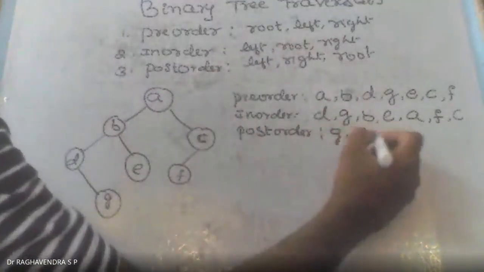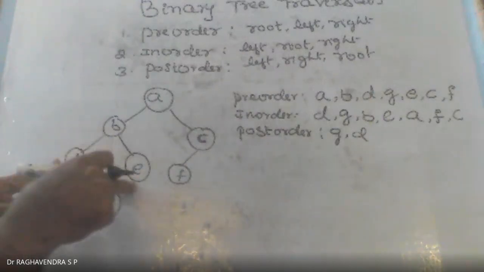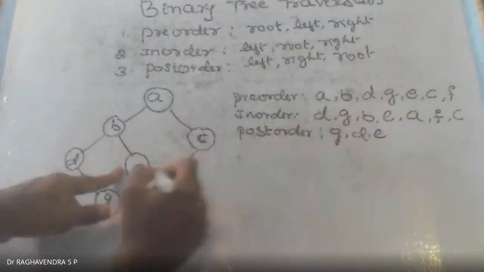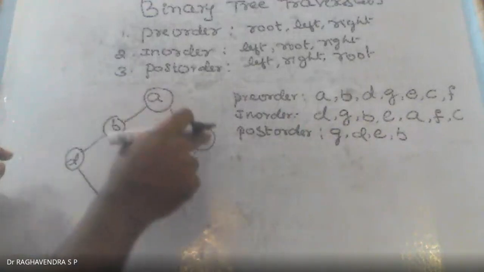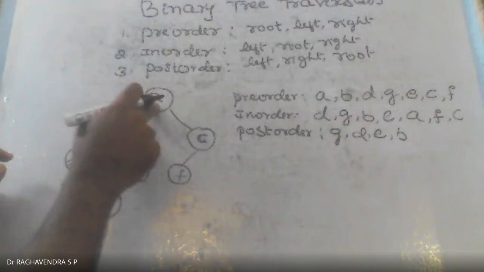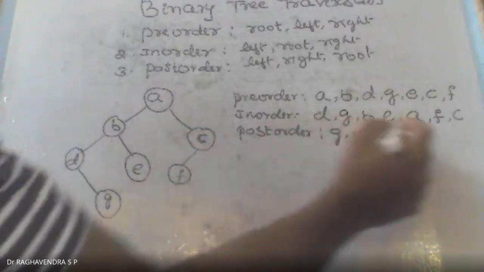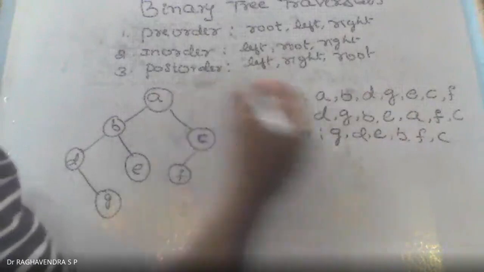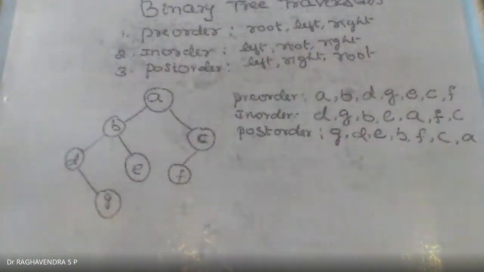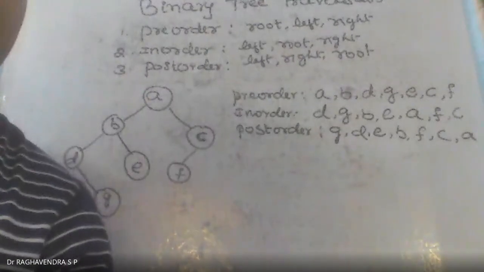That is D. Then this can be considered as a left, then go to the right. That is E. Then you go to the root, that is B. Then this will be taken as a left now, this will be taken as a right now, then this will be taken as a root. But if you take this, this is also a root. It contains left, that is why F. There is no right here, so go for root, that is C, then finally go for A. It's root. That is GD, EB, FCA. GD, EB, FCA.